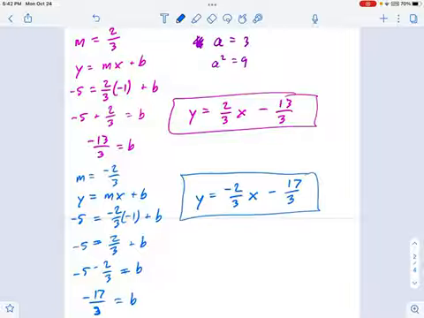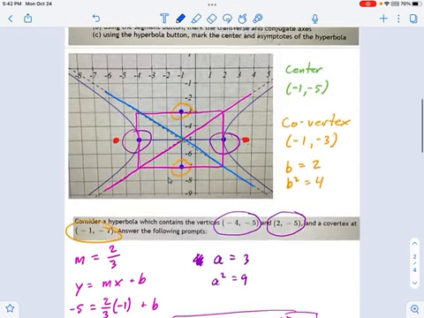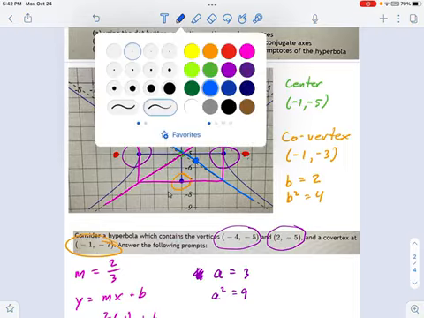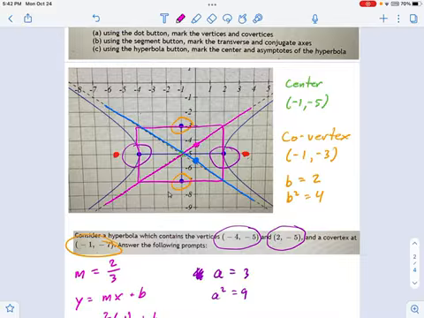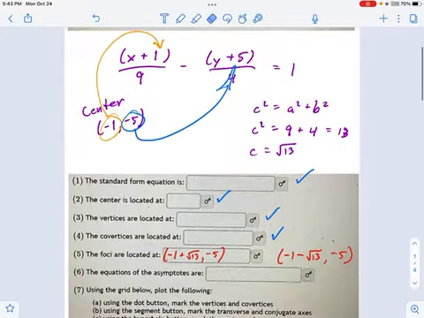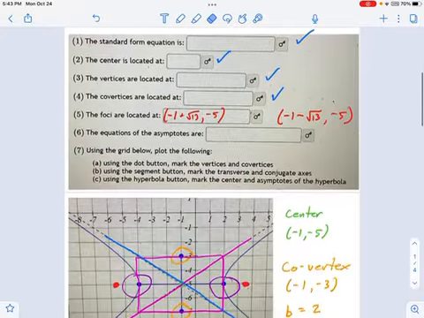Now, if you want, you can do a sanity check here, which means, do these equations kind of look reasonable at all? Well, the slopes make sense, and if I look at their y-intercepts, see this over here? There's one of the y-intercepts of the asymptote. Remember, it's not a real y-intercept, it's just the intercept of the asymptote. Those look like they're in about the right places compared to the equations. So that's how we fully characterize this thing. I think the key features are a real step up. If you've got one of those equations, it's not as bad as sometimes when you're given a messed up equation and you have to complete the square first. Those key features tell us a lot of stuff about this picture that we need.